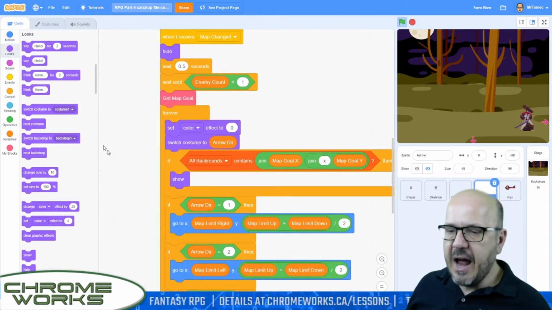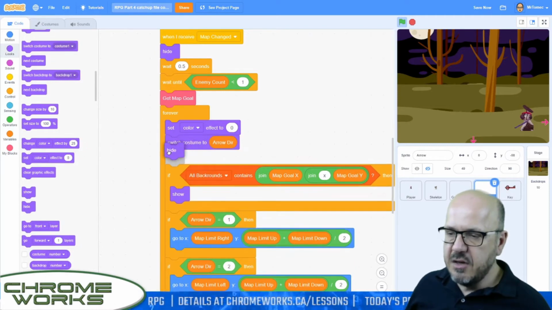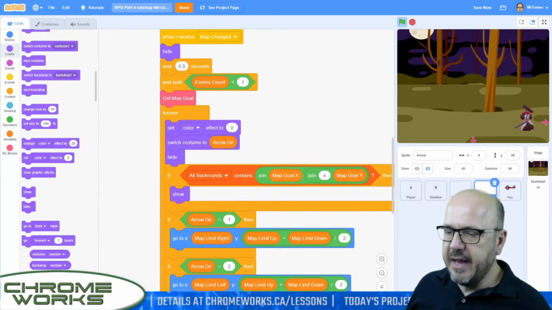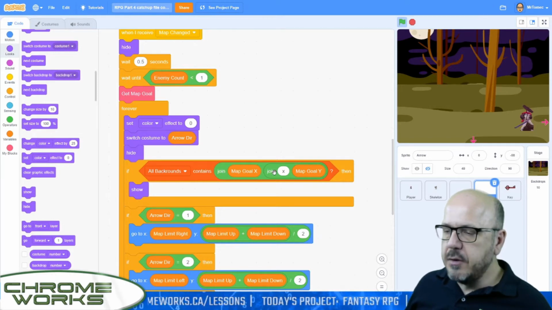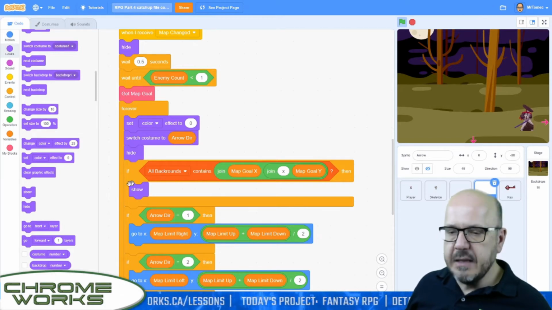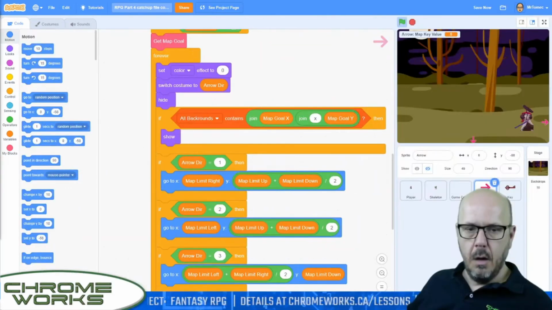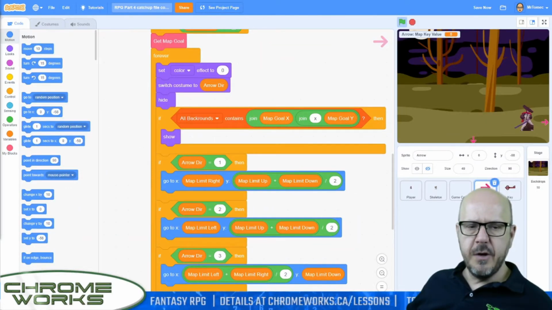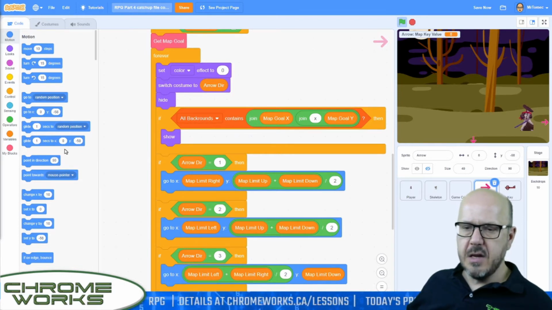All right, we're going to hide this guy right now because these arrows don't need to appear until they get a show command. They will get that show command right here, where basically if the background shows up on the list of backgrounds that we created here, it will appear. Okay, so what we're going to be doing for starters here underneath the show block is